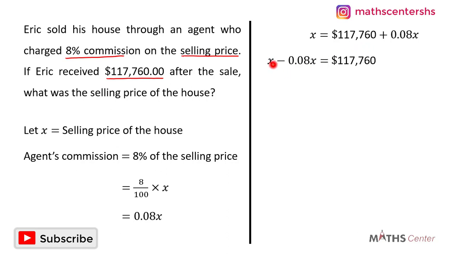We are going to have X minus 0.08x is equal to $117,760. X minus 0.08x will give us 0.92x, because we have 1x minus 0.08x. So 1 minus 0.08 will give us 0.92. So X minus 0.08x will give us 0.92x. And this is equal to